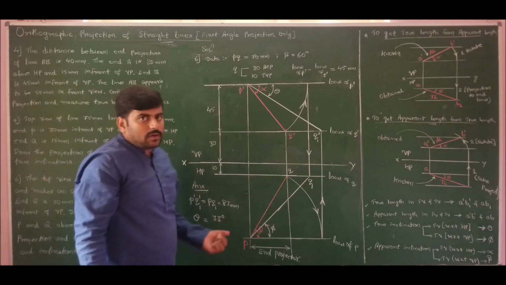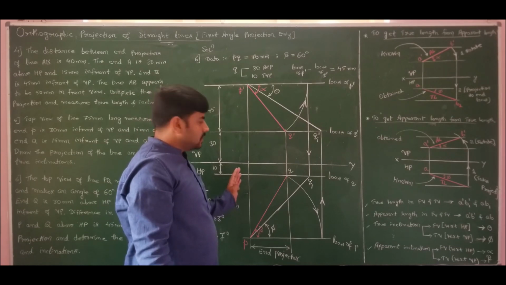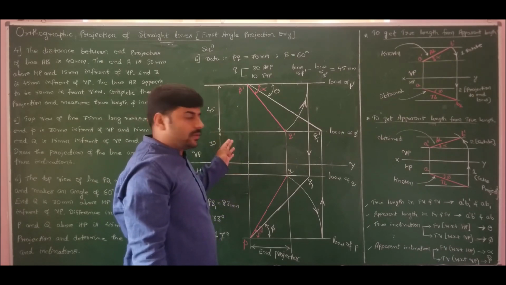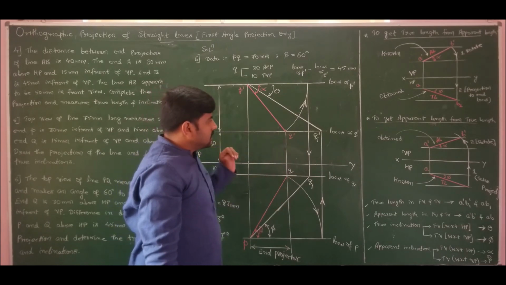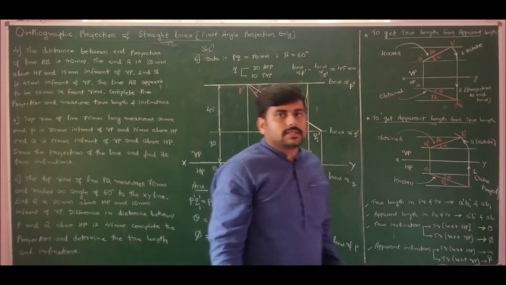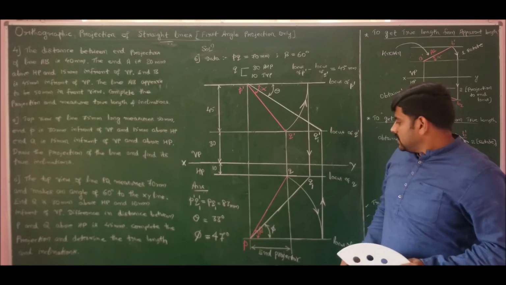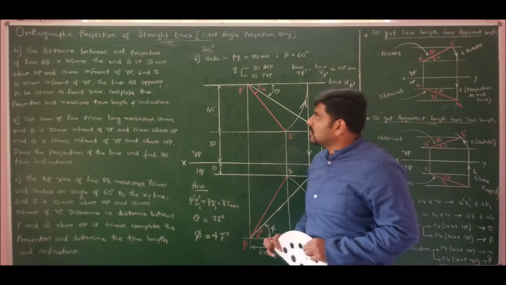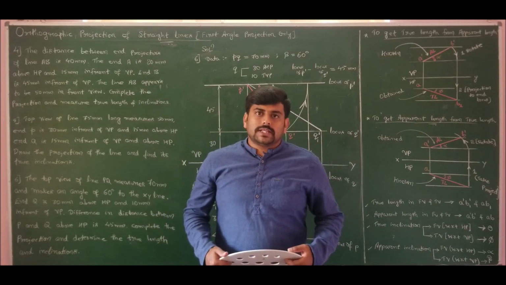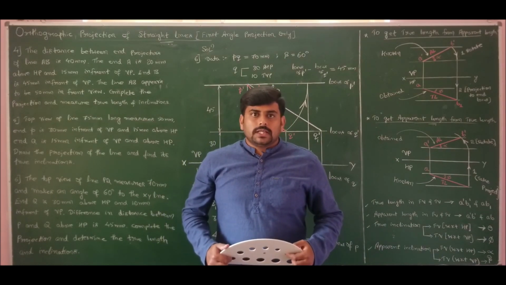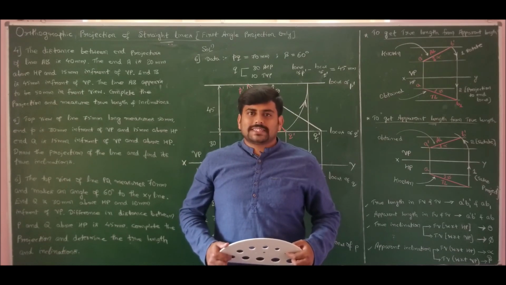You can also solve this problem as line QP. So taking Q to the left and fixing the extremities Q and Q dash, you can rotate freely the point P. You can solve in that manner also. That is also correct. That will also give you the same answers. So this is the solution for problem number 6 of our discussion on orthographic projection of straight lines. So this completes level 2 problems of our discussion on orthographic projection. In next lecture, I will take a few more difficult problems on orthographic projection of straight lines.